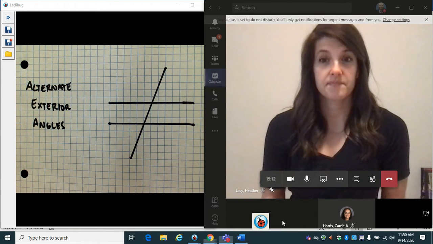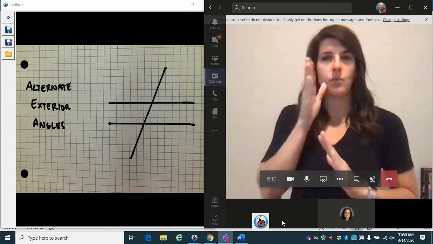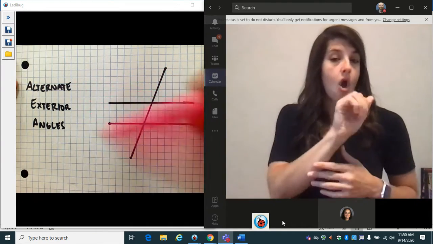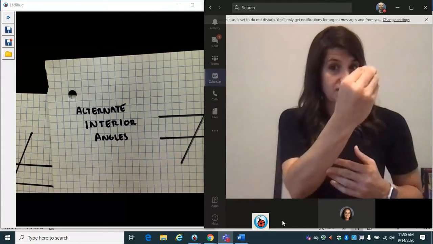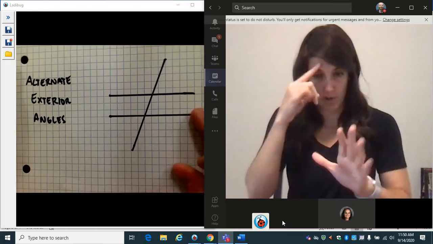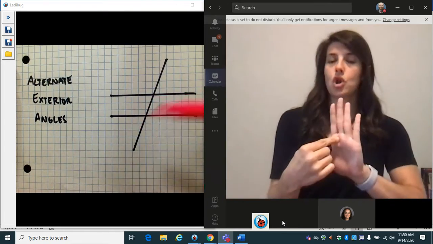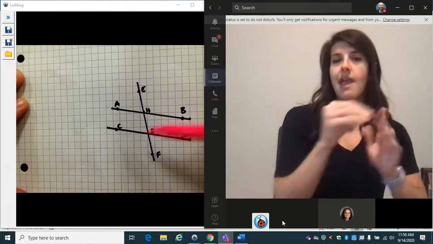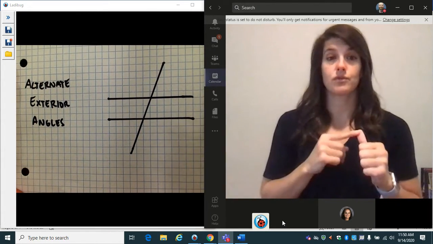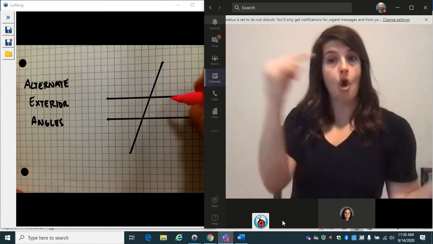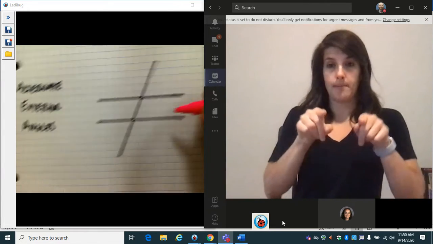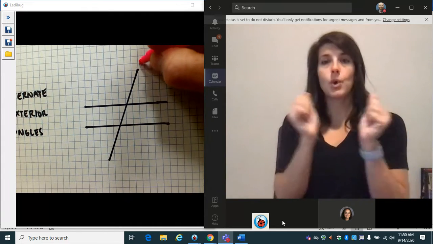In this video, we will be exploring two different angle theories, alternate exterior angles versus alternate interior angles. For each theory, I will show the definition up here, and we will walk through one example together. First, alternate exterior angles are applied whenever you have a set of two parallel lines that has a transversal or